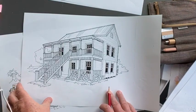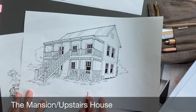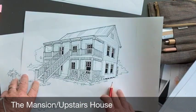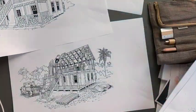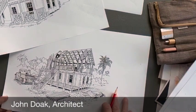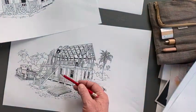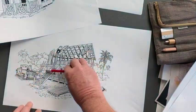Next in the series of house types in Cayman is the upstairs house, or some refer to it as the mansion, which appeared in the late 1800s. At the time, there was a desire to have bigger houses, so rather than going sideways, the buildings went vertical. So you would have a wattle and daub house with its own roof being extended upwards,